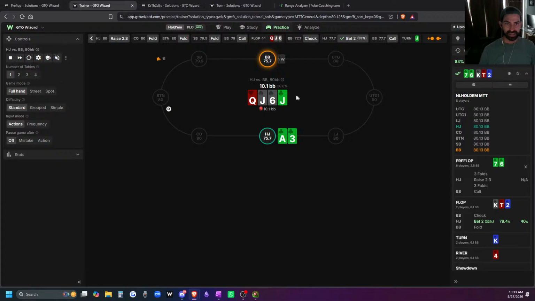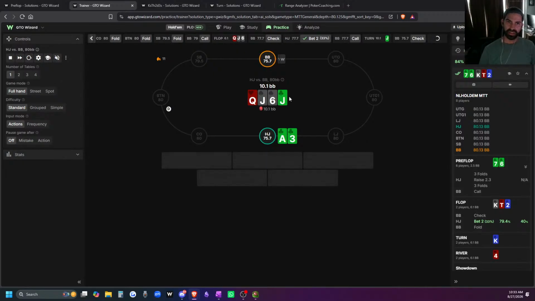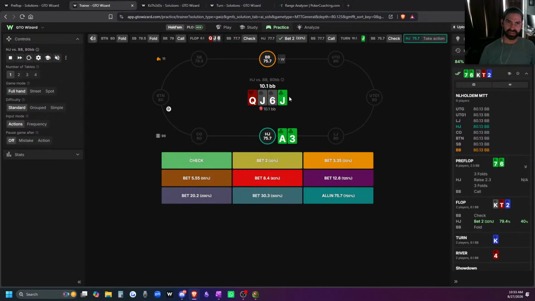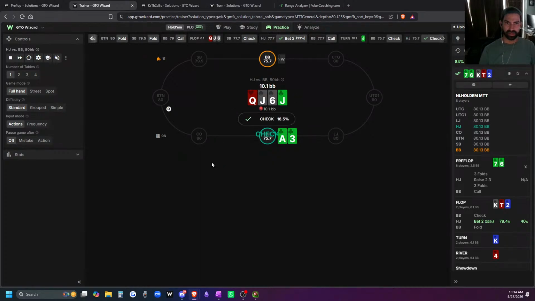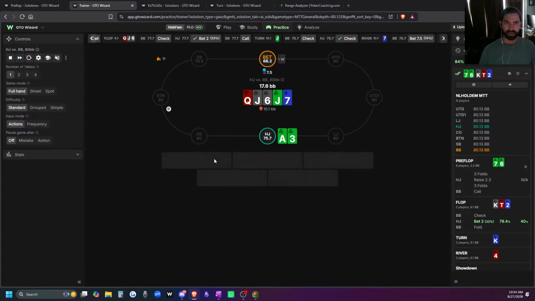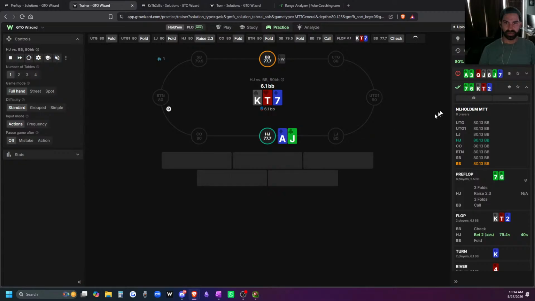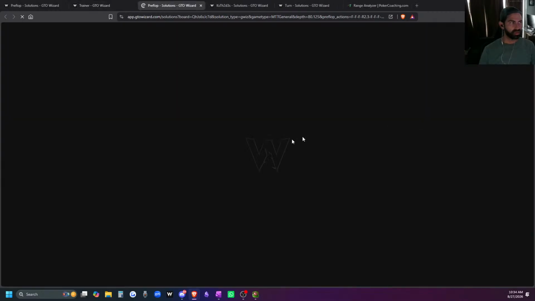We get called. That's not the turn. Or is it the turn? Do we pulled out king jack, spades, 6x, and 7s? I am unsure what to do here. Maybe we check and then fire to the river. Whoa, what was I supposed to do on the river? Or what was I supposed to do on the